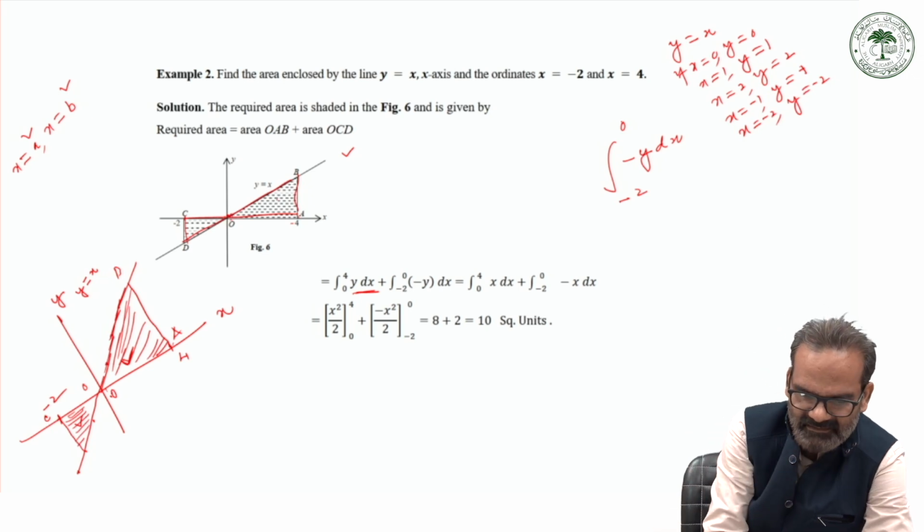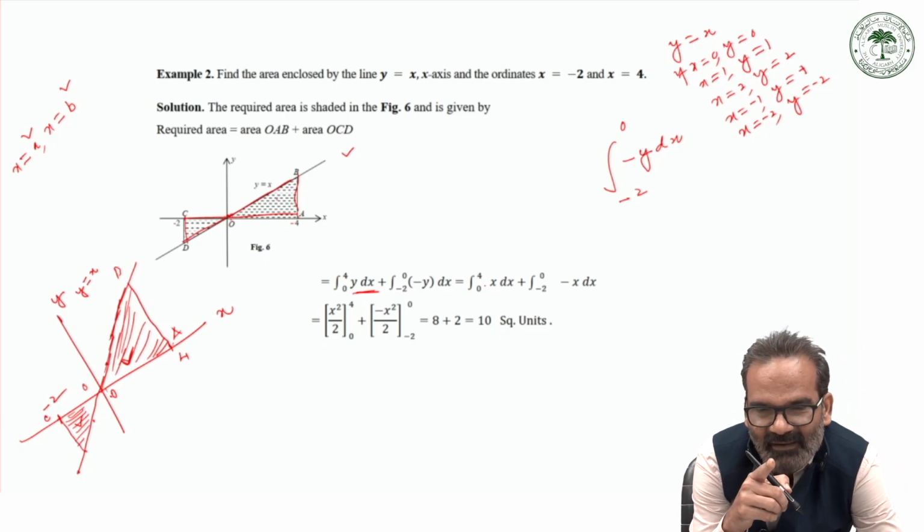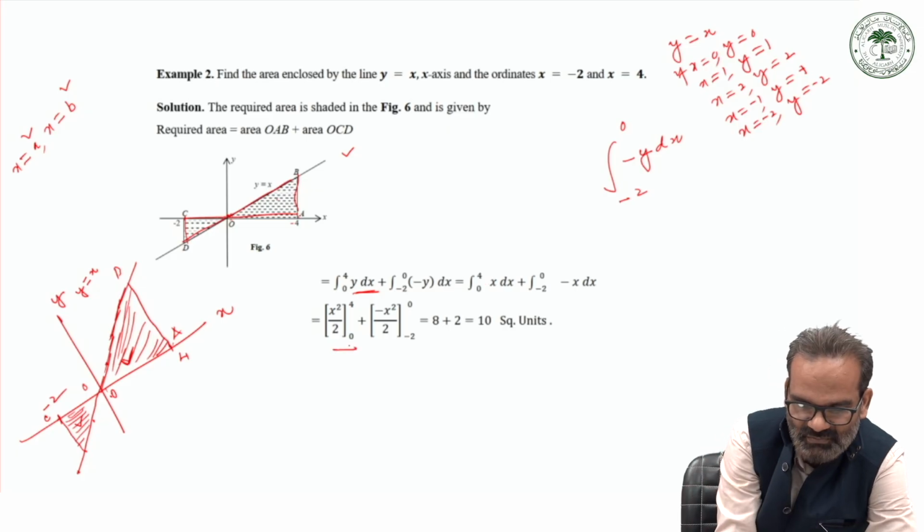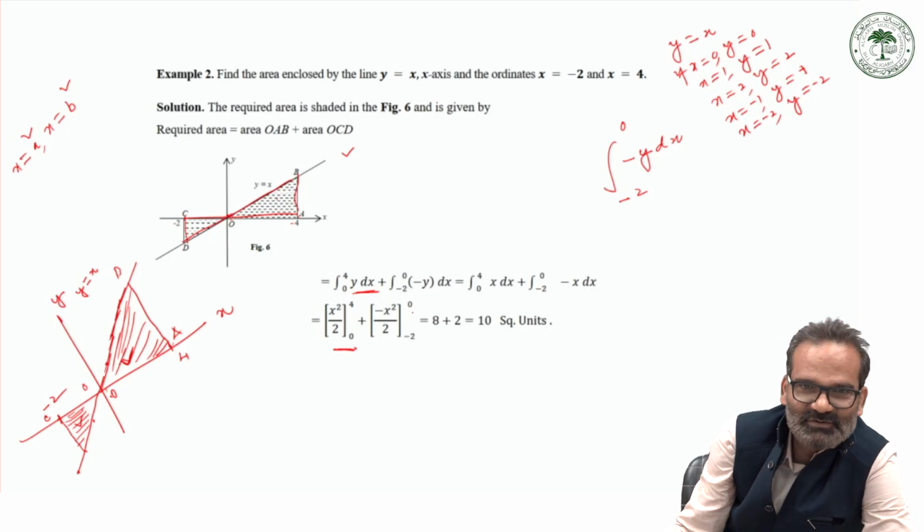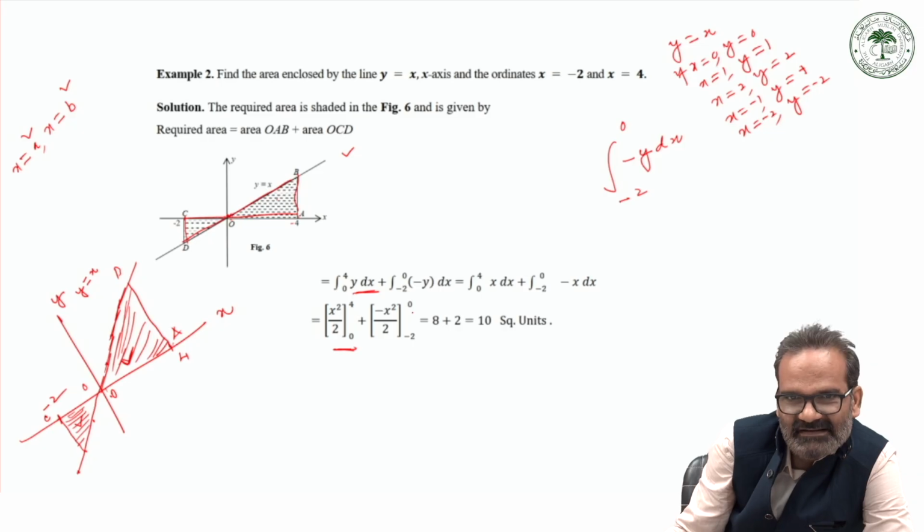Now you can integrate it. The integral of y, what is the value of y? Y is x, so the integral from 0 to 4 of x dx, plus the integral from minus 2 to 0 of minus x dx, right? Now the integral of x is what? x square by 2 from 0 to 4, plus the integral of minus x, which is minus x square by 2, from minus 2 to 0. Now substitute these limits and you will get 8 plus 2, that is 10 square